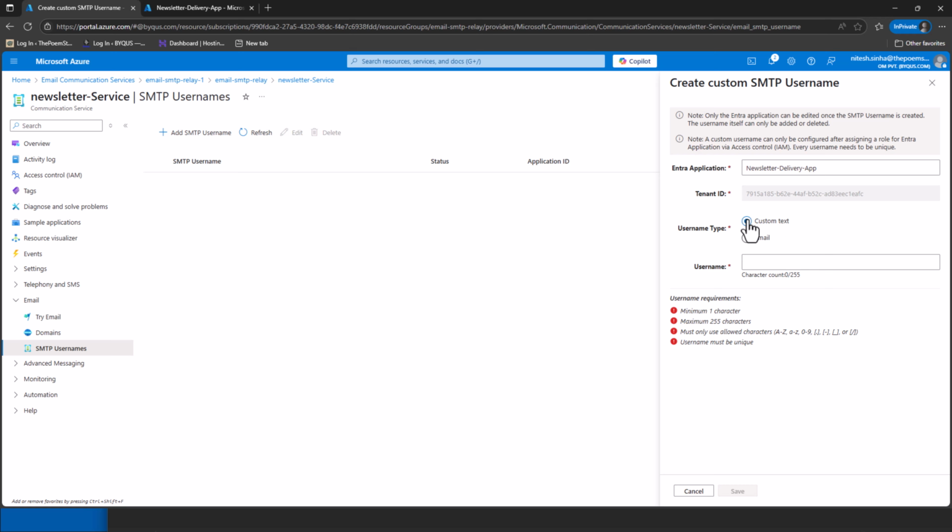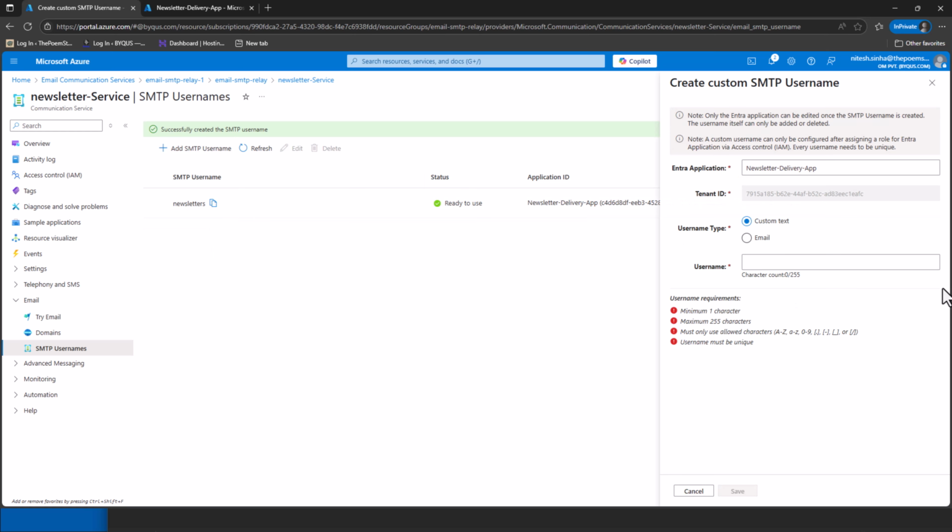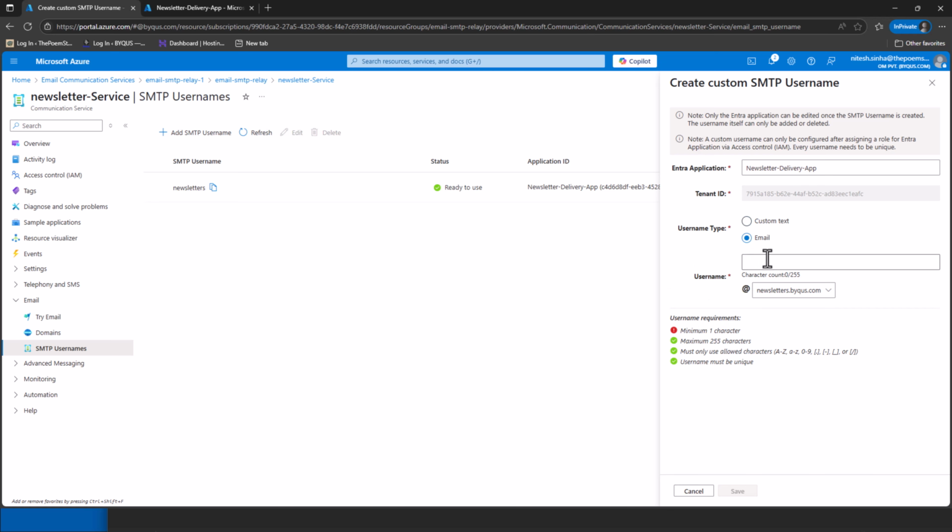And if you want to use a custom text, so we will create one custom text and one email. Newsletters, and we'll just click save. So this will become my username, and when I show you the PowerShell code, I'll tell you how to use it. So now one email I would create, like